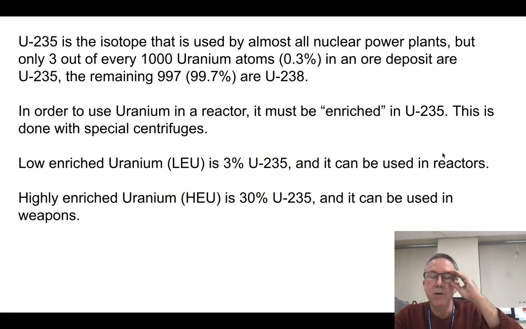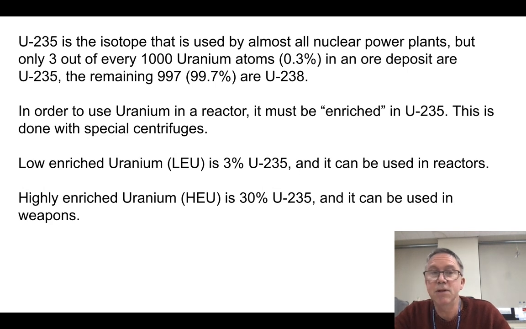So, as I said, uranium-235 is really the isotope that people use for nuclear power. Now, if we go out into the world and mine uranium out of the ground, what we'll find is that it's pretty much the same everywhere we go. For every 1,000 uranium atoms I pull out of the ground, about 3 of them happen to be uranium-235, and almost all the rest of them are uranium-238. Uranium-238 is fissionable. You can split it, but it's not fissile. It doesn't give off neutrons, so it's no good for making a chain reaction.